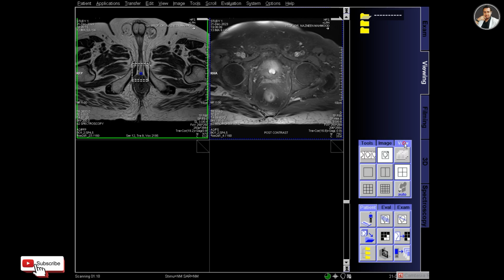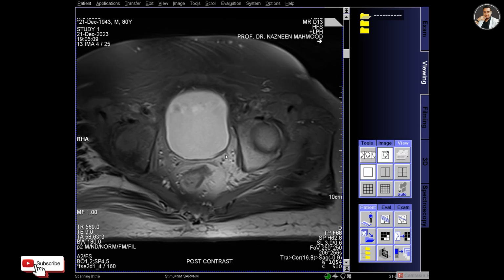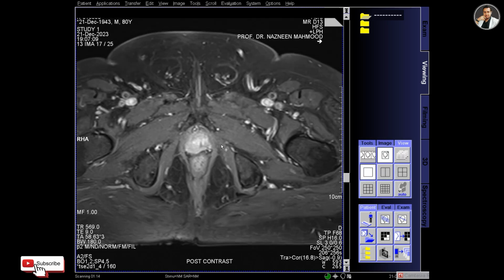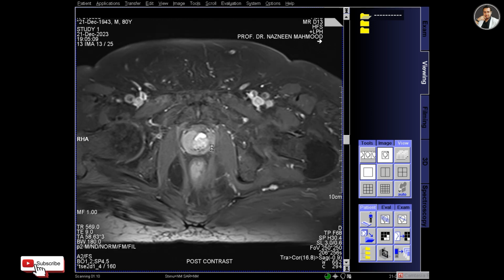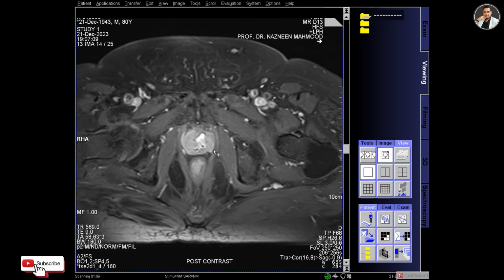So you can double click the segment to see in one segment. So there is a bright lesion, bright signal inside the prostate that will be a hemorrhage.